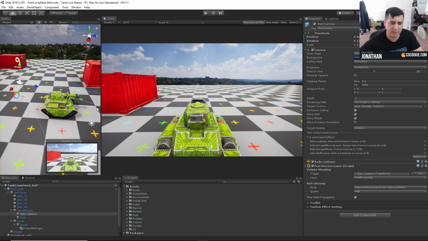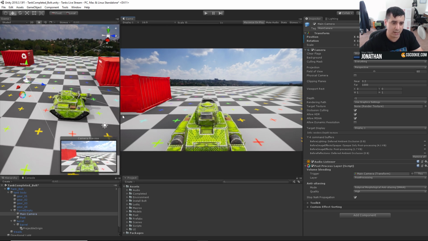Okay, so I think I'm about done with this tank for now. If there's anything that you guys would like to see involved with this tank, do let me know. I would like to make this into a series. What I have planned for future live streams with this tank is to introduce UI stuff like a crosshair, maybe some sort of health value, something displayed on screen letting us know how this tank is